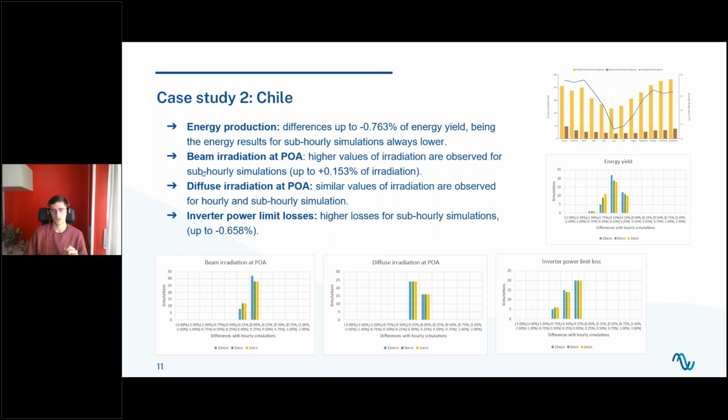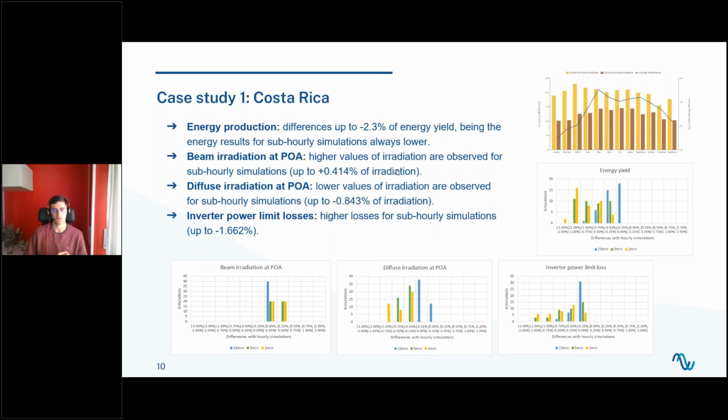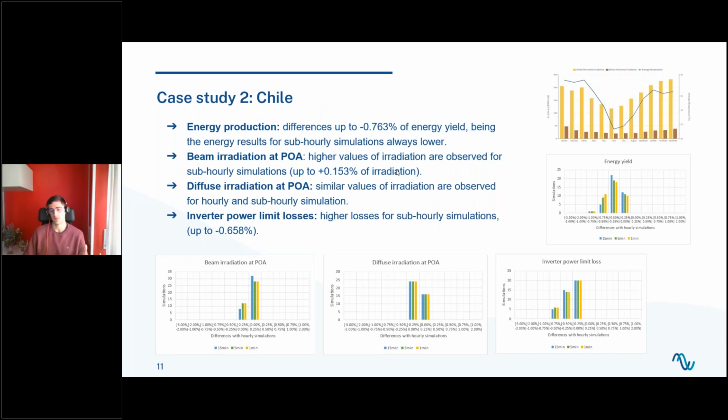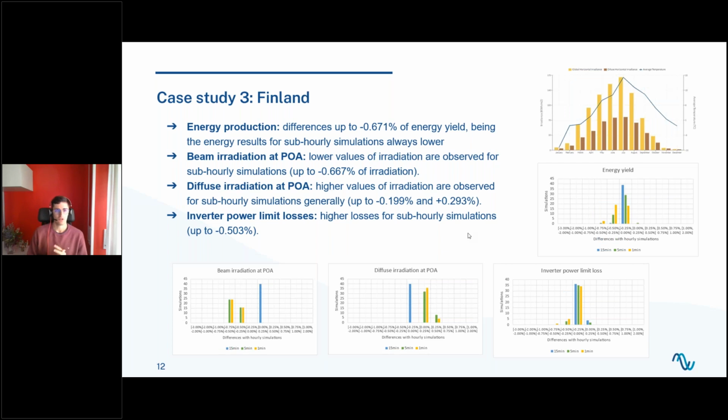We can see how the maximum values are lower than in the previous case, which looks maybe related to the diffuse component, the amount of diffuse that we have for Costa Rica, but still always higher losses appear for sub-hourly simulations. If we continue to the third case study, to Finland, again we observed that there was always less energy